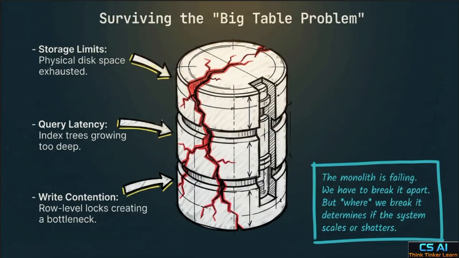Today we're diving into the big table problem. We've all been there. Storage limits hit, query slows to a crawl, and write contention turns your database into a bottleneck. The monolith is failing and the pressure is on. But remember, where you decide to break that monolith apart is the difference between a system that scales and one